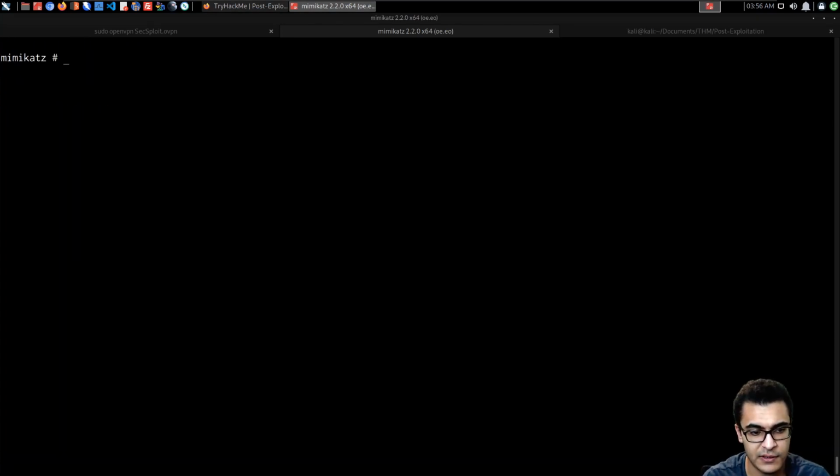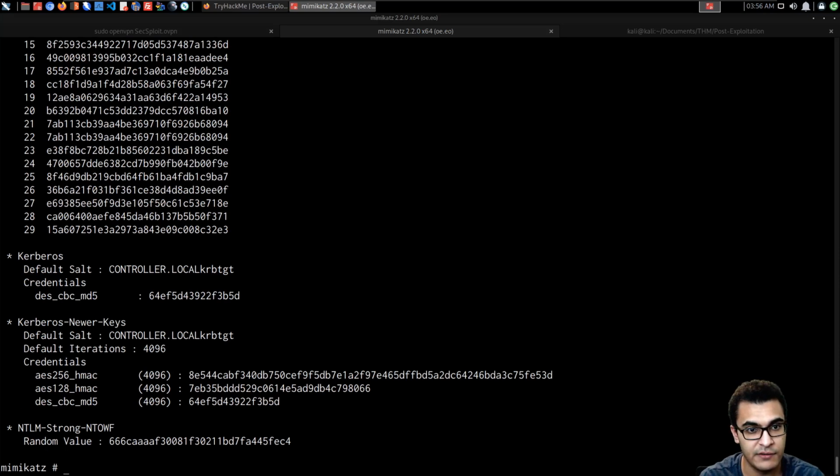So I'll just clear that out, and then say lsadump::lsa, and then we specify /inject, and we then say the name of the account is krbtgt, the Kerberos ticket granting ticket account, and then of course we hit enter,